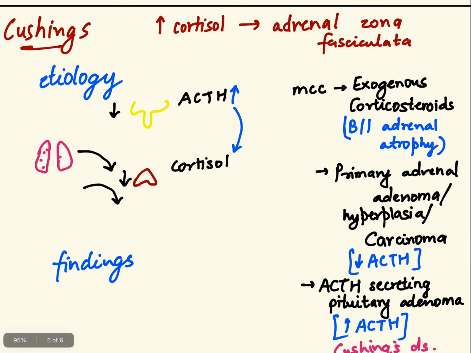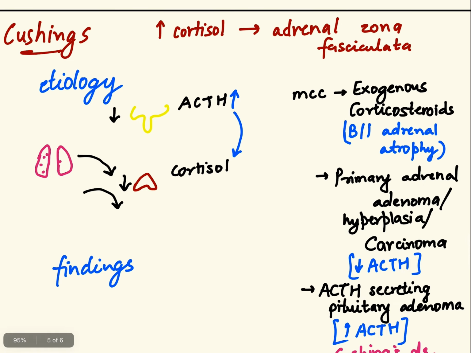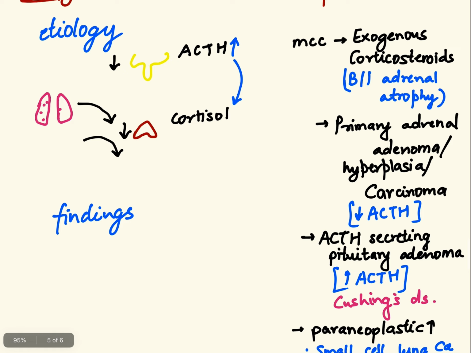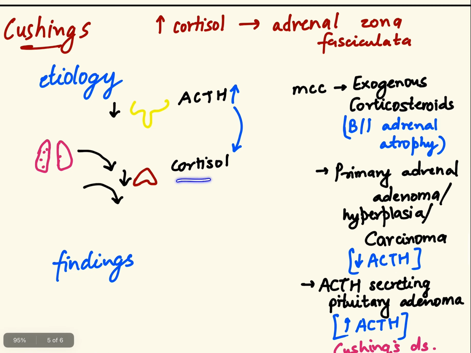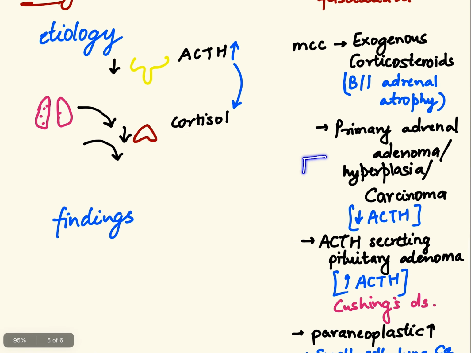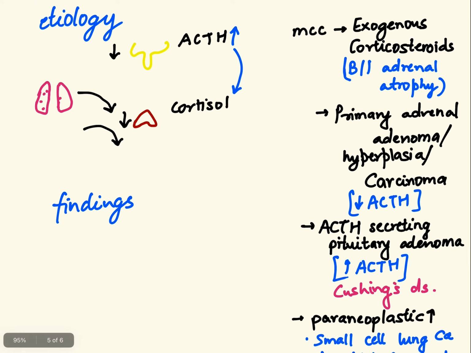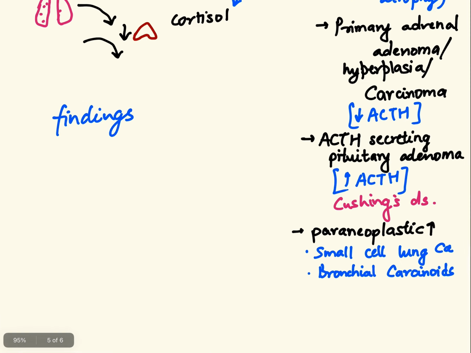So you just have to remember this diagram. ACTH बढ़ गया मतलब ACTH secreting pituitary adenoma, cortisol बढ़ गया due to exogenous corticosteroids which is the most common cause, इसमें atrophy हो जाएगी. प्राइमरी एड्रेनल एडेनोमा है या हाइपरप्लेजिया है या कार्सिनोमा है, किसी एक एड्रेनल में हाइपरप्लेजिया या कार्सिनोमा हो गया है तो दैट विल ऑल्सो लीड टू इंक्रीज कॉर्टिसोल. हाँ, इसमें याद रखो कि द अदर ग्लैंड जिसमें कि एडेनोमा नहीं है उसमें एट्रोफी हो जाएगी. ओके, so this is all the causes of the Cushing syndrome.